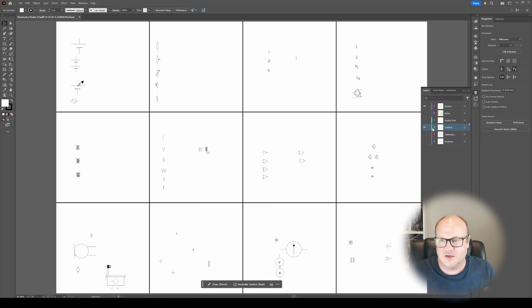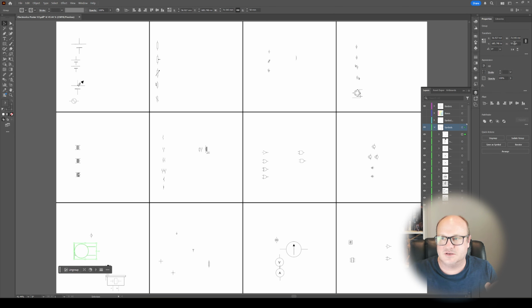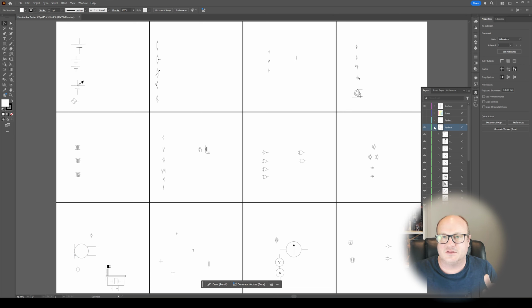Now, I could go through the list here one by one, and as you can see, I started doing that, resizing over here to 50 millimeters. That's really slow and tedious, and I've got hundreds of these little sketches that I need to resize. So what I'm going to do now is share with you how I can create a script to